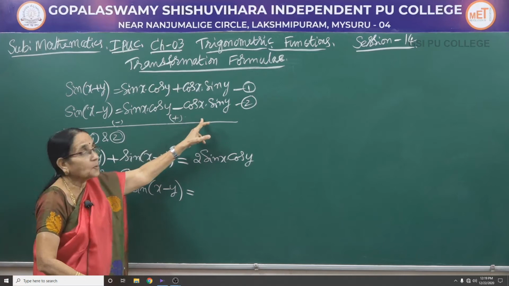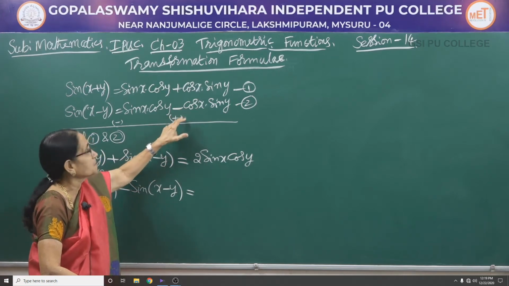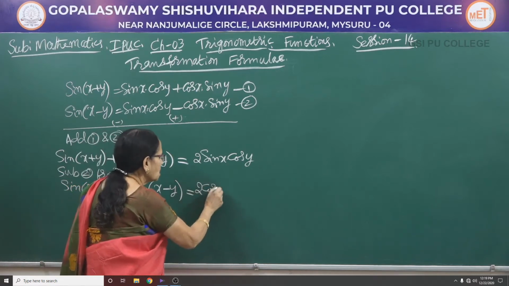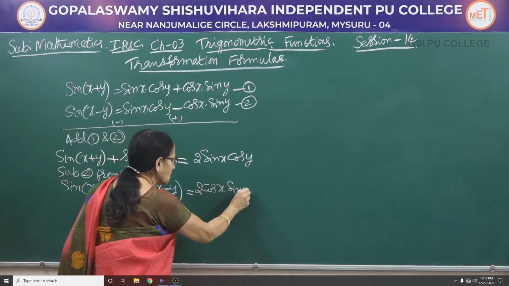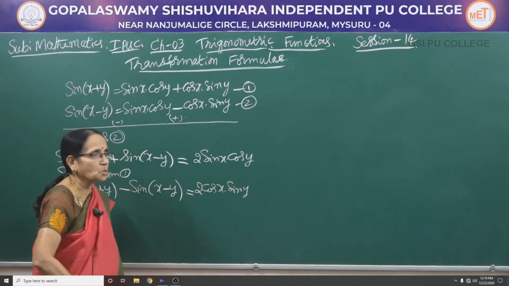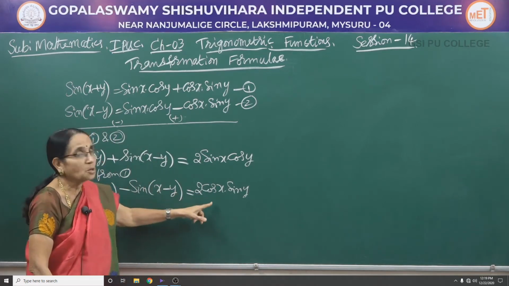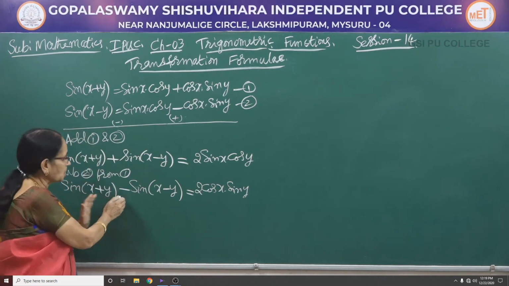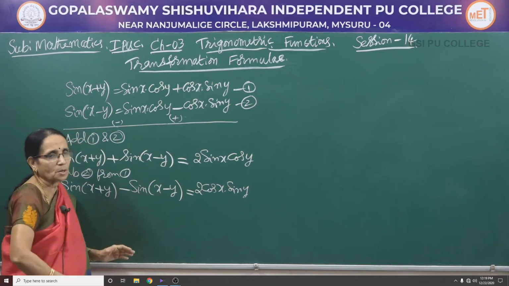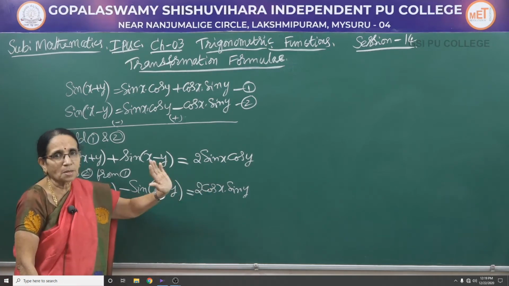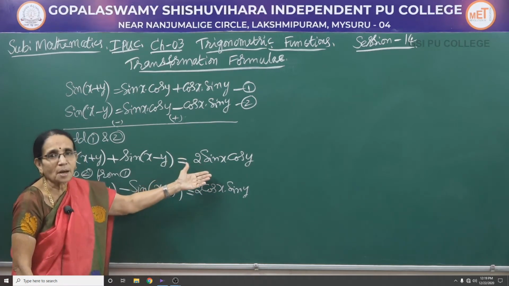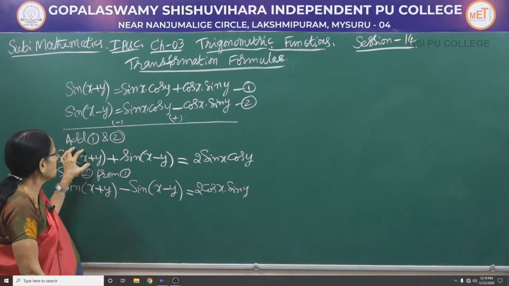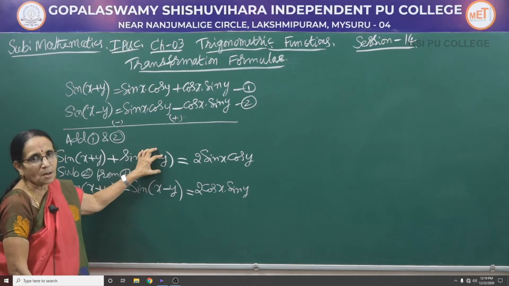What happens to this one? Here this minus becomes plus. When they are having the same sign, we add them. It becomes 2 cos x into sin y. So, here again you observe we got a product. The left hand side is sin of some function minus sin of some other function. So, we had a mixed product, a combination of both sin and cosine. 2 times sin x into cos y is sin of some angle plus sin of some other angle.